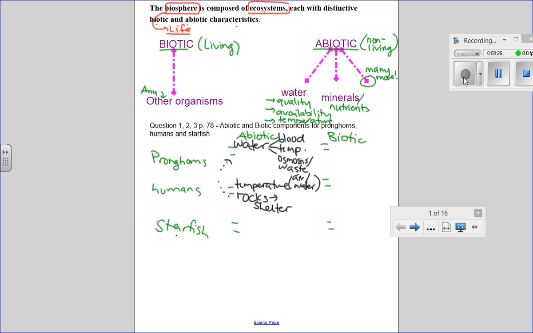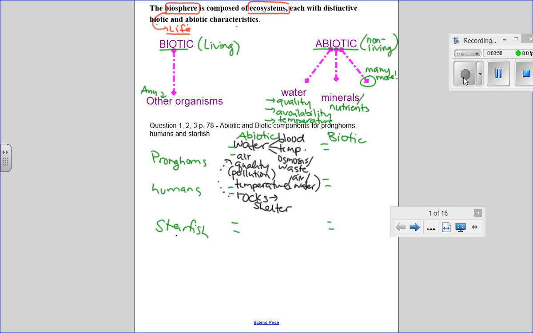So I'll suggest a few more abiotic things. I'm going to pick pronghorns because they breathe. And I'm going to say air quality. So by air quality, I'm talking about the composition of the atmosphere. So we could be specifically referring to pollution. Air quality will affect the pronghorn because it needs to breathe, just like a human does. So this could be a human's abiotic characteristic as well.